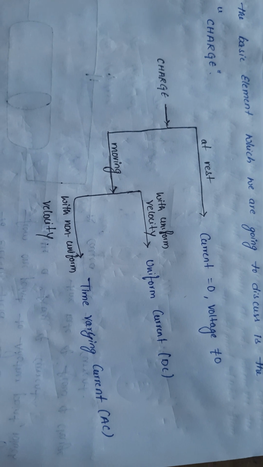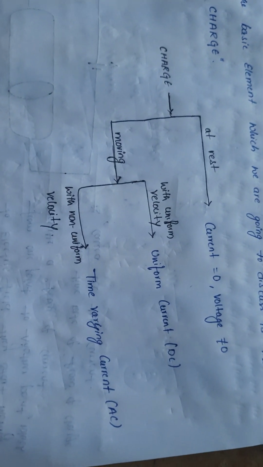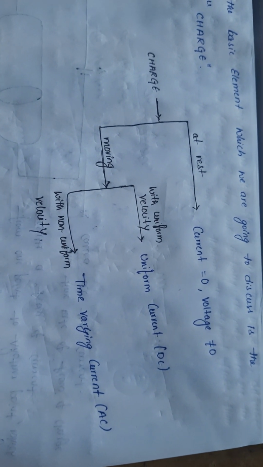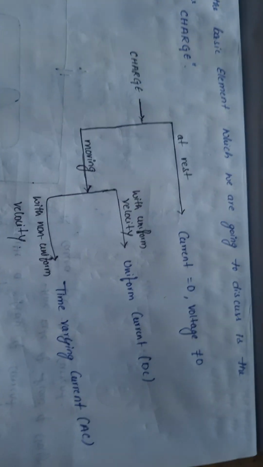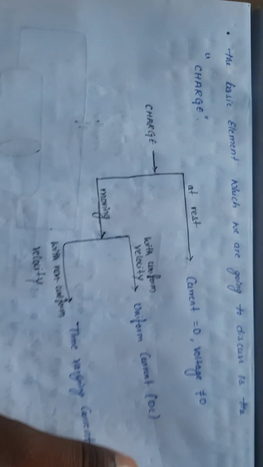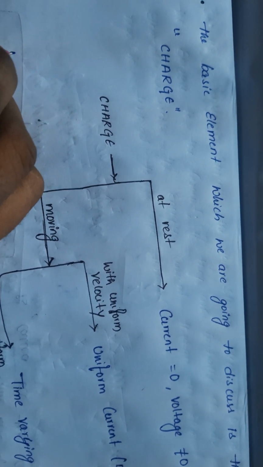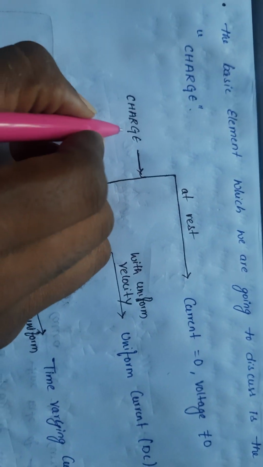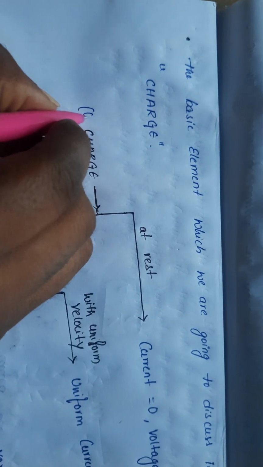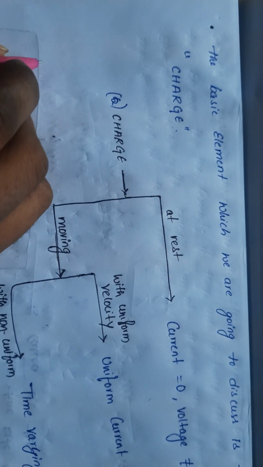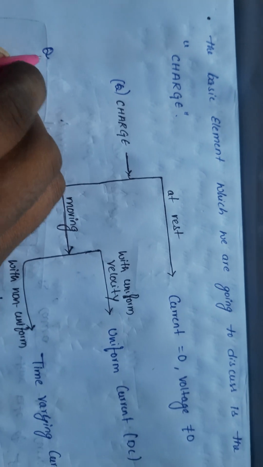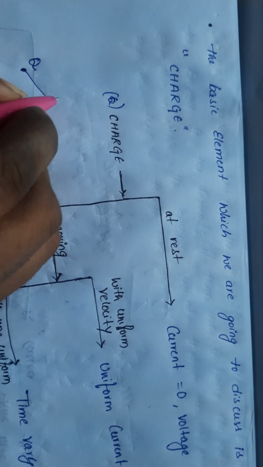What is the charge? Charge at rest: current equal to 0, voltage not equal to 0. Let us see. Charge is denoted by q. If charge q is at rest at a distance of r,